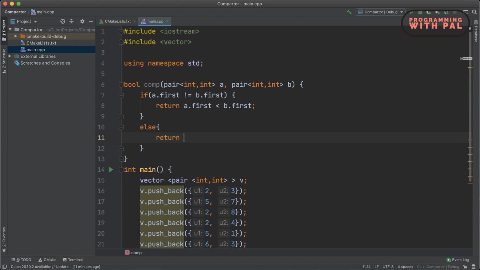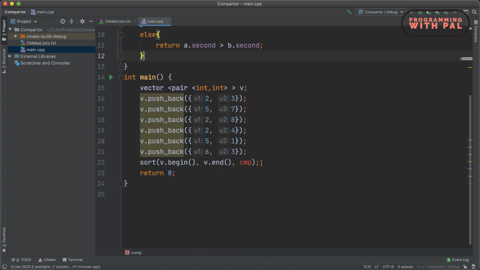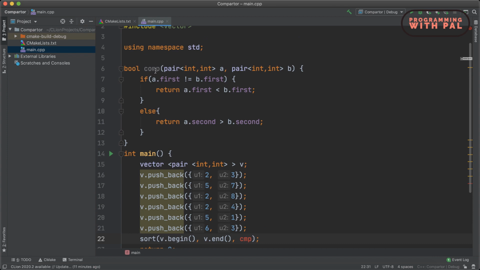Else we will return a dot second is greater than b dot second. We need to rename our function from COMP to CMP.